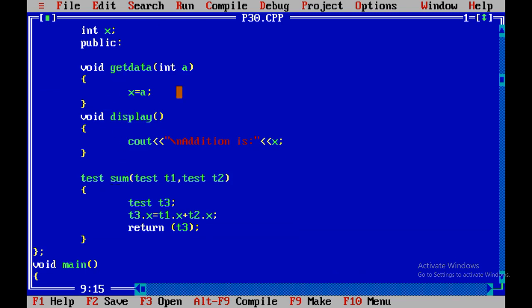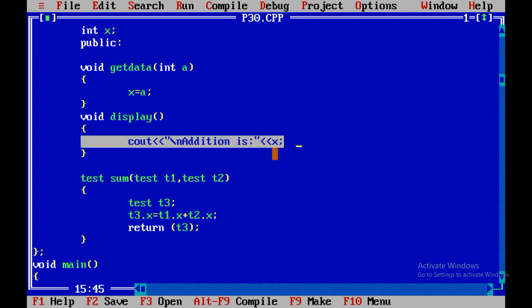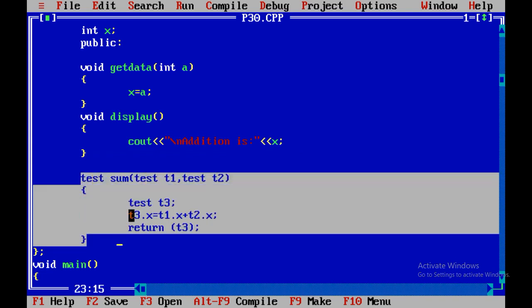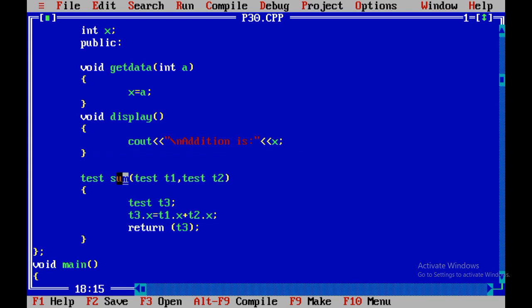Inside getData, this code we have already seen in our previous program. Void display will display the value of x, and test sum is the main module of our topic. The name of function is sum.